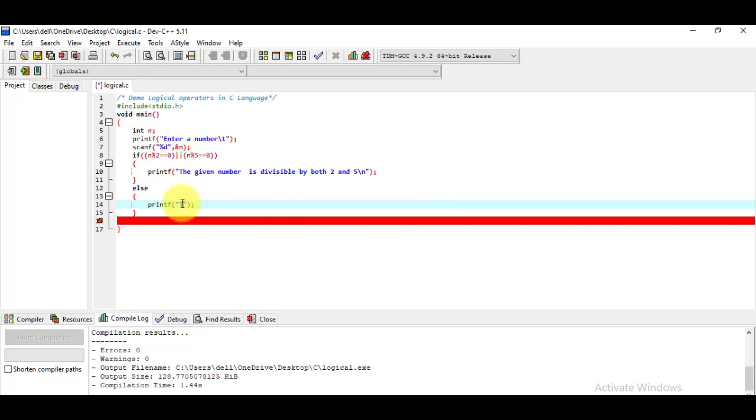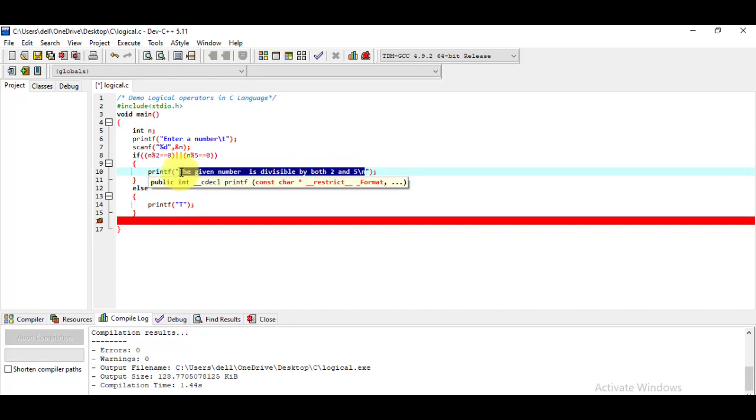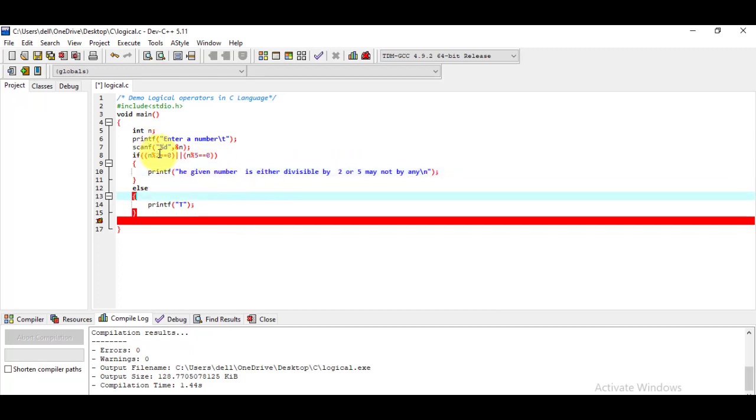Ctrl+X to cut this, and here I'm writing Ctrl+V. So this is somewhat opposite to your AND operator. If one of the conditions is true, it will return true. If both the conditions are false, then it will return false.